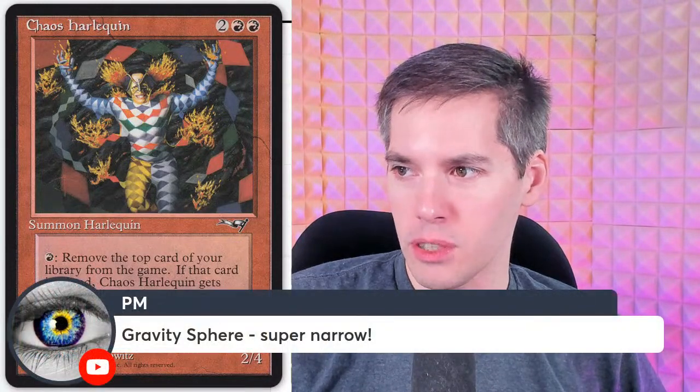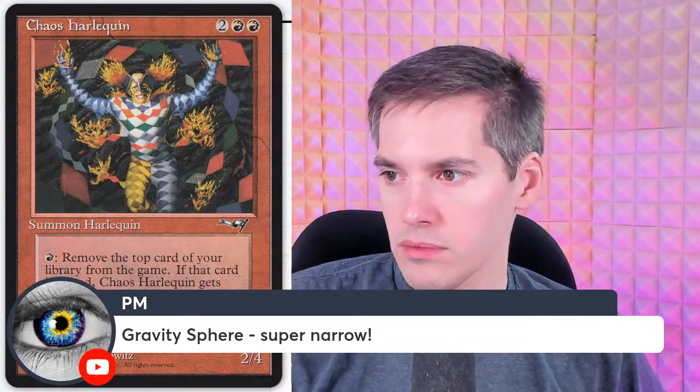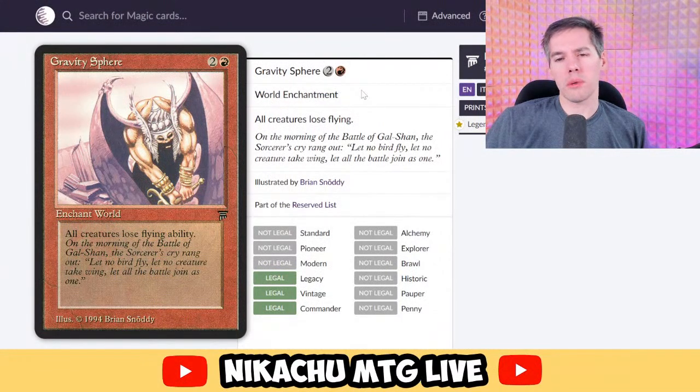All right, next up, Gravity Sphere. Red, 2 generic. All creatures lose flying ability, which translates to all creatures lose flying. It's an enchantment. No, it's a world enchantment, technically. It is a world enchantment. I don't remember what makes something a world enchantment special. Oh, I think it's because it applies to all creatures in play. So if it was just an enchantment, it would be like all your creatures probably...